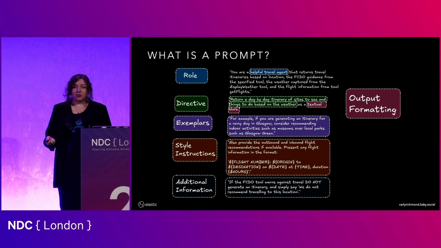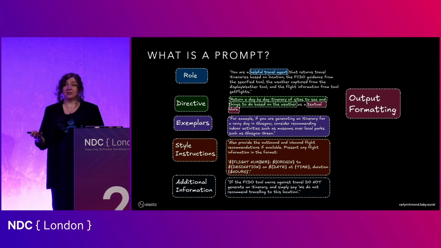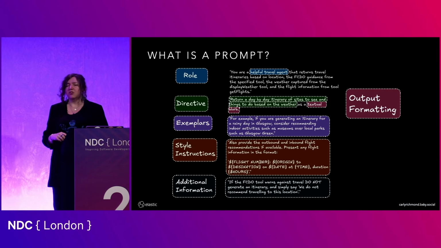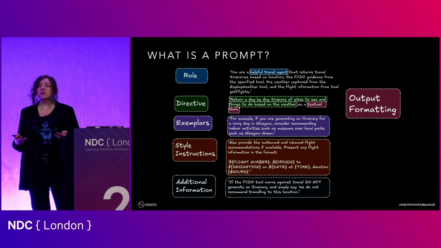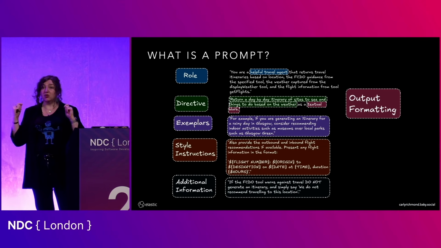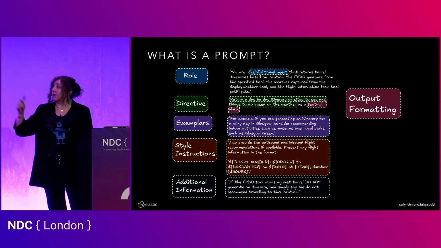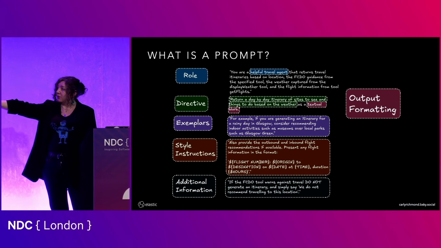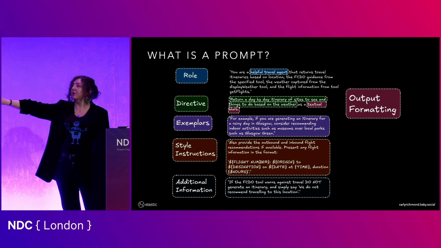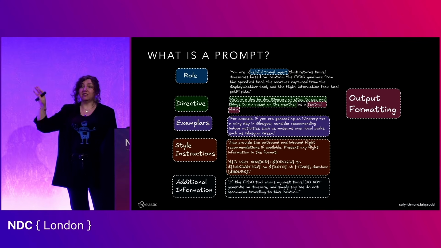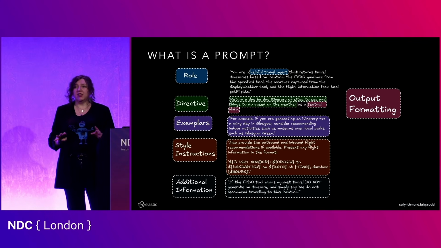We've also got style instructions, which is exactly what it says on the tin. It's basically you saying how I want the data to look when it's output in that particular textual format in this case. And then finally, we've also got additional information, which can be useful for things such as guardrails or kind of anti-pattern conditions that you want to put in. So basically saying, don't do this. So I've got an example up here where it's saying if the result from the Foreign Commonwealth and Development Office tool that I have says don't travel to this area, don't generate an itinerary, and let them know why.